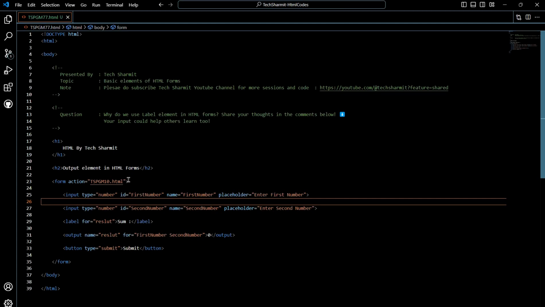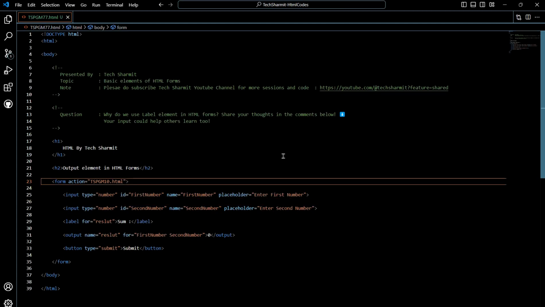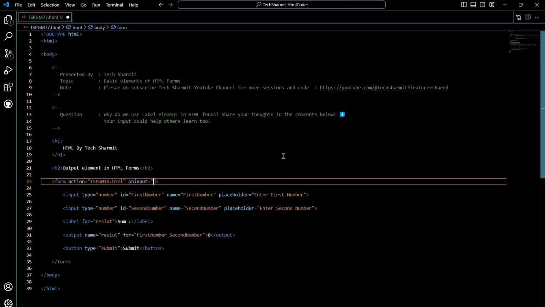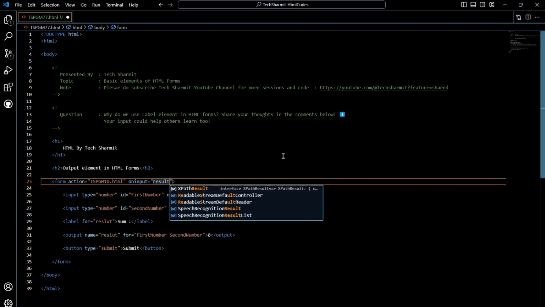So let me show you how we can use it. For that, just go in the form action part, meaning the form tag, and here write onInput. After writing onInput, you can define your logic. So here we will write result dot value,